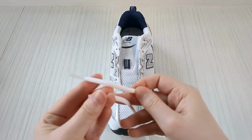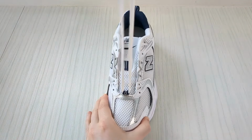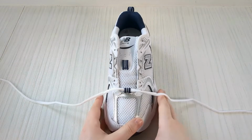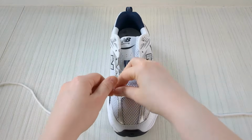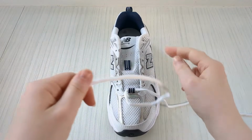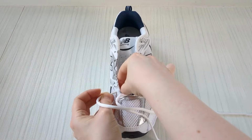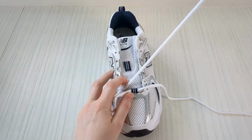So take a hold of your two lace ends, grab your New Balance and just pull that until they're both equal. Now you can take a minute to pause the video and make sure they're equal before we carry on, if you like. And then what we're going to do, take this lace end and we're going to feed it down into the very bottom eyelet on this side from above. So just wiggle that through,